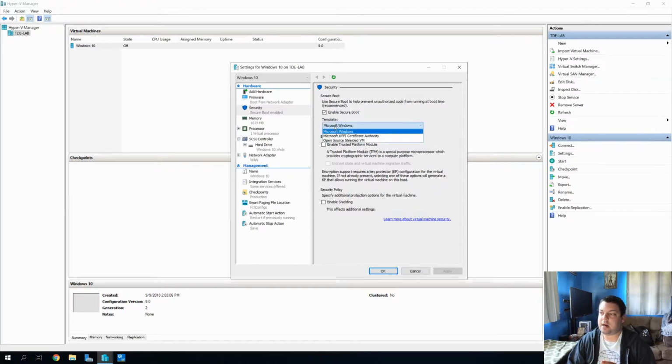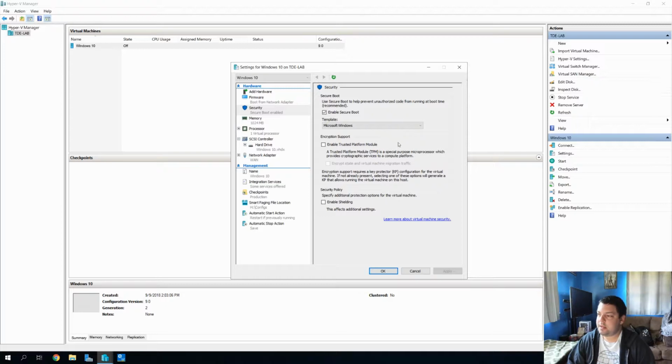Because from my understanding, and I haven't dived too much into the specifics of the Microsoft Windows template, that is specific for Windows virtual machines, whereas this is anything that has simply been signed by Microsoft is an allowed UEFI driver. So we're going to go ahead and leave that on Microsoft Windows